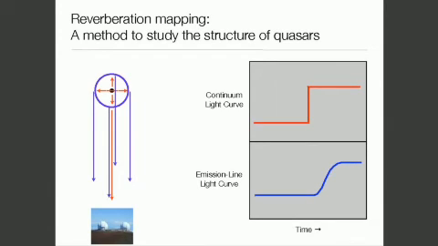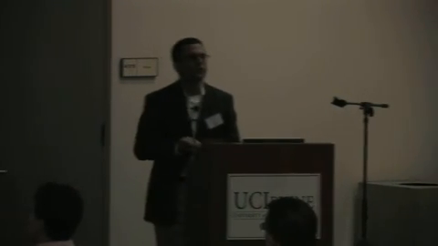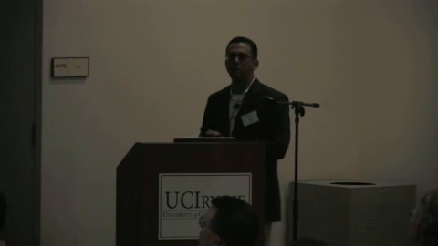If the central engine suddenly increased in brightness, we would see that the emission line brightness would also go up, but it would be a little bit delayed in time and broadened out in time because of the time that it took for that light signal to propagate from that central engine out to where those surrounding orbiting clouds are. So this is the basic method called reverberation mapping, and astronomers have used this method for about 20 years now to determine the structure of the central regions of about 35 different quasars, mostly at moderate to high black hole masses, typically around 100 million solar masses.